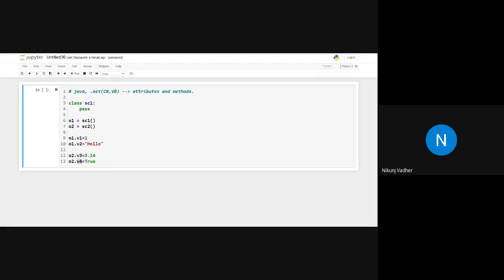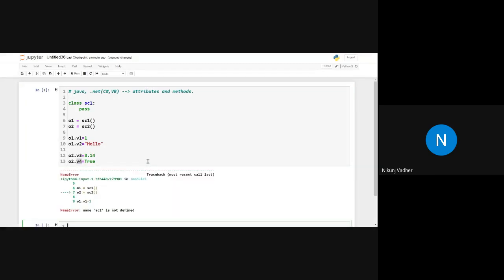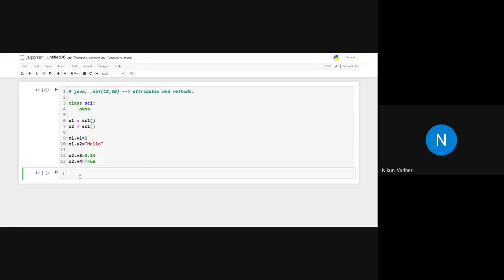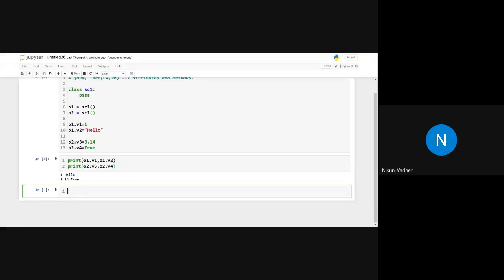Now let's try to use those values. So print O1.V1, O1.V2, O2.V3, O2.V4.